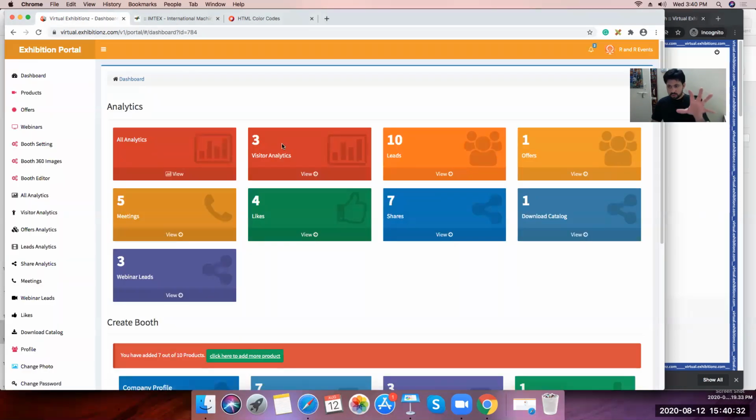So this was the exhibitor's platform, where the exhibitor is going to log in and he's going to see. So for an individual exhibitor. Now, would you like to see the details for the organizer? If you have any questions for the exhibitor, please ask me so that I will solve them here and then proceed to the organizer.